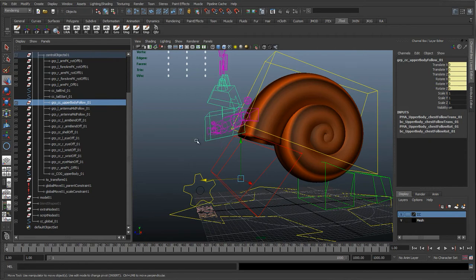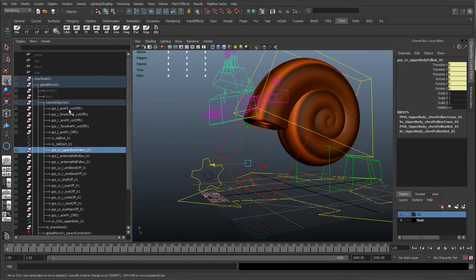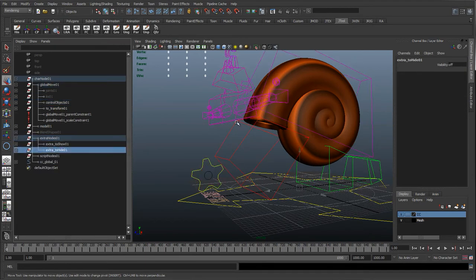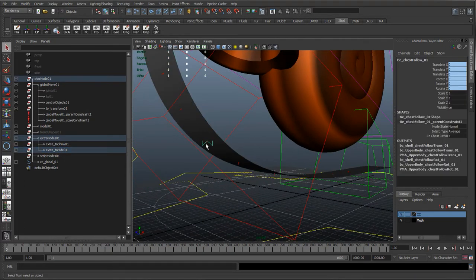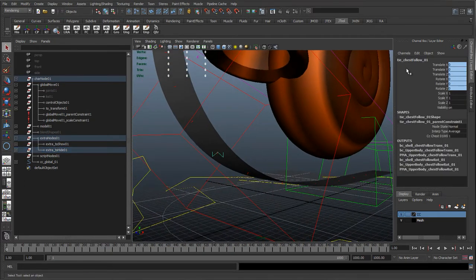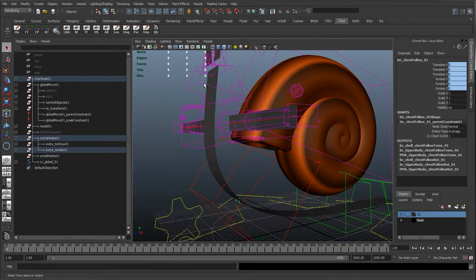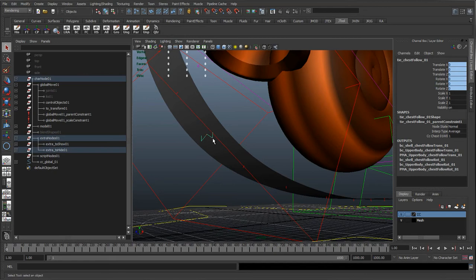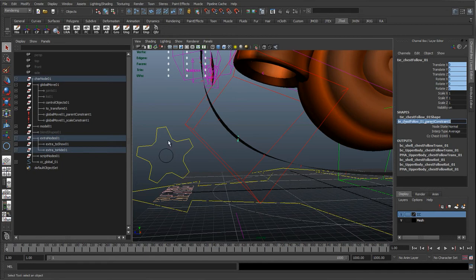So to avoid that, what we actually want to do is we don't want to parent this upper body control. We'll just leave it as it is. And what we will do instead is, if we open up the extra nodes, and we'll display the extra nodes to hide. And if you remember, the follow attribute was driven by this tie control. So the tie control follows the chest control, and all the follow of the upper body is derived by the values in this tie control. So all I actually need to do is just delete this parent constraint on the tie control.